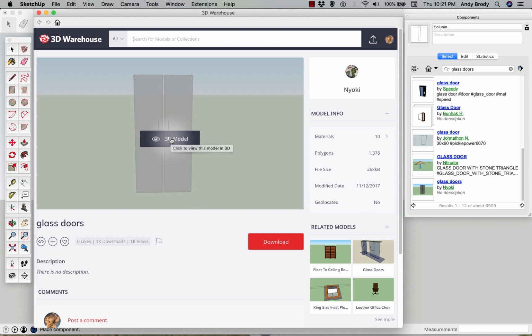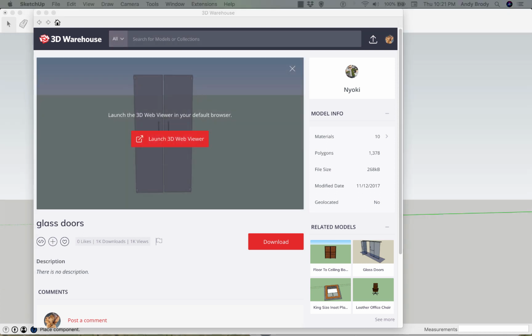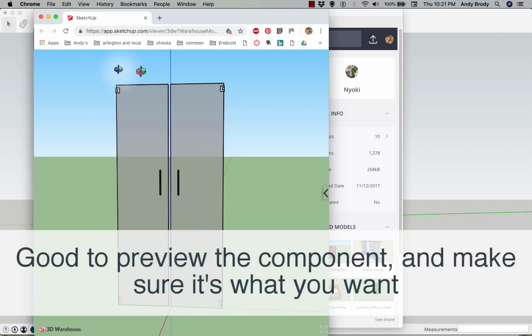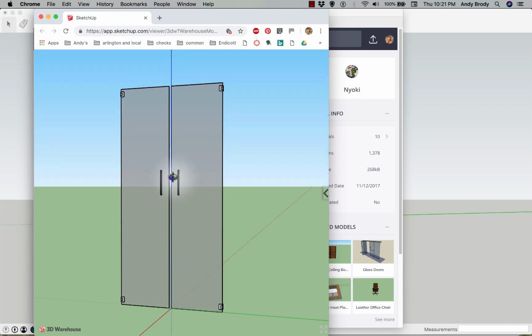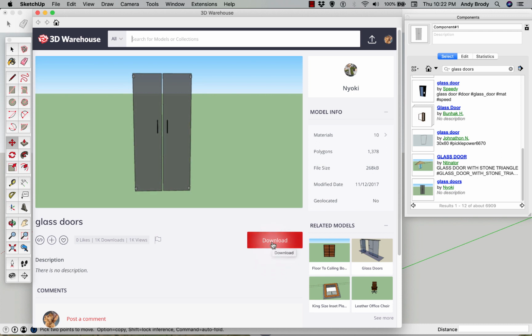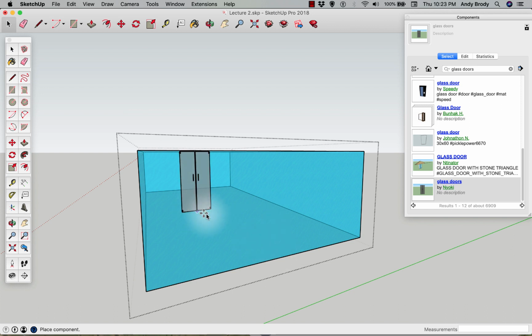Some of these, interestingly enough, have a 3D model view. If you click on that, you'll see a special web interface here. This is just SketchUp's online kind of version. Once you're in the 3D warehouse, first of all, you can do additional searches, but you can also just click the download button, and that will load it right into your model. Then once it's in your model, as long as you're editing a component, you should be able to place it right into your project. Now you'll notice this component,